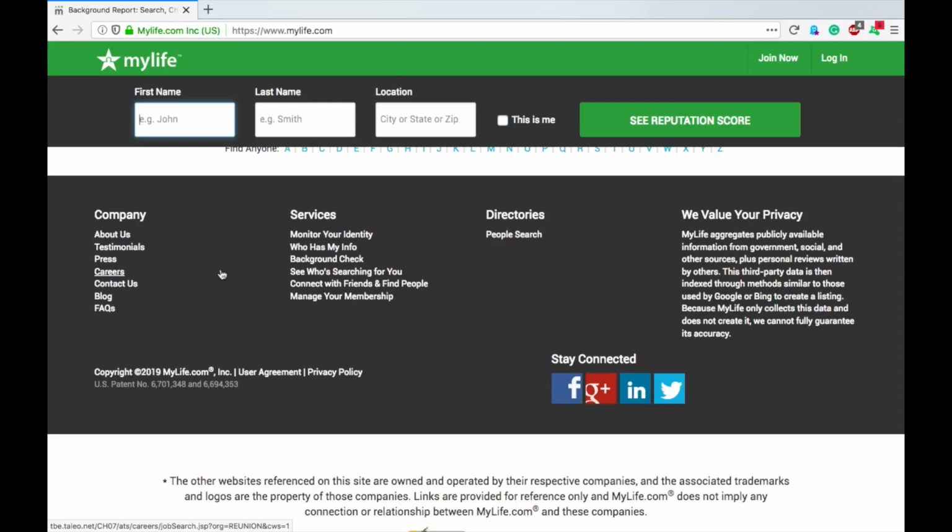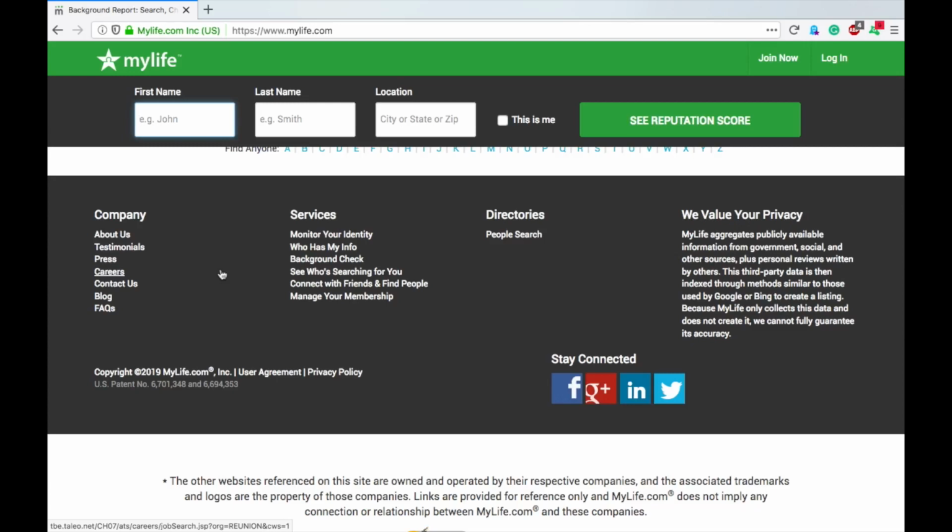So what I would recommend doing is starting a new email that is simply like your.name2019 at gmail.com or something like that. Start a new email that you will use for all of these opt-out requests on the various different sites, or just use a spam email that you already have. Maybe you have an extra email that you use for coupons or deals or sign-ups or things like that. Use that one. Don't use your main one.